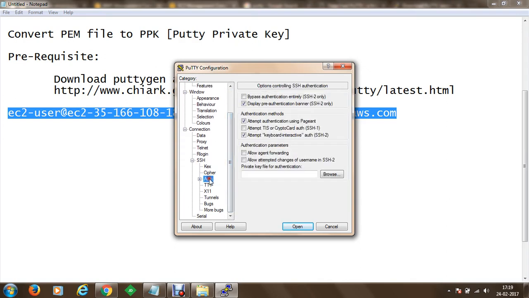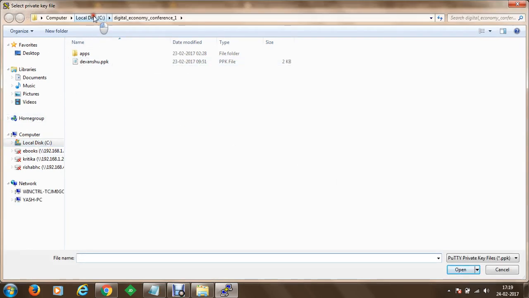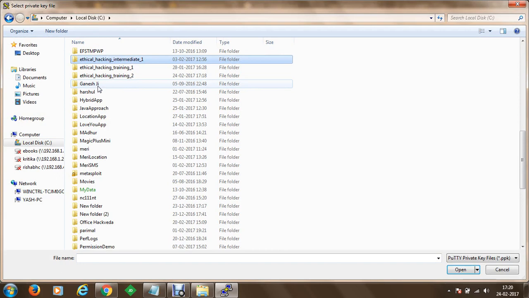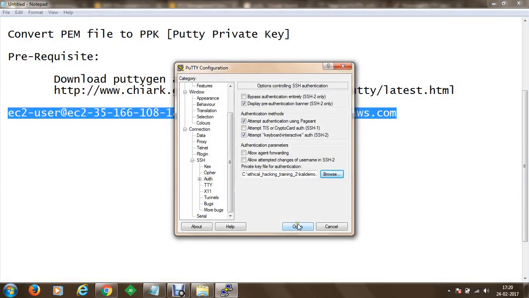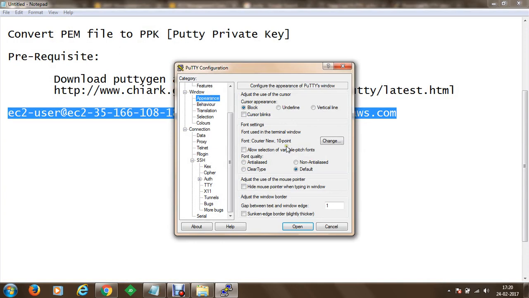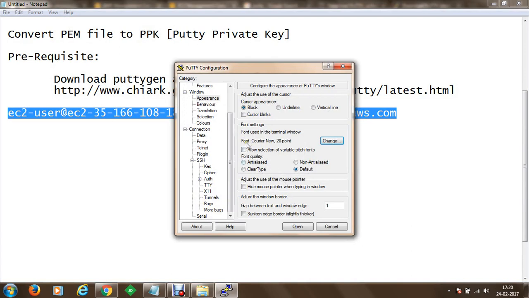On this, we're going to go to authentication, and we are going to provide a private key file for authentication. We're going to browse the file, and the file is available within the C drive, ethical hacking training 2 directory, and within this we have our kalidemo.ppk. We're going to open this file, and we are going to modify the appearance. We're going to change the font from 10 to 20 point so that you can read it easily. We can do some more modifications like color management and all. So that's done. Now we're going to click open,